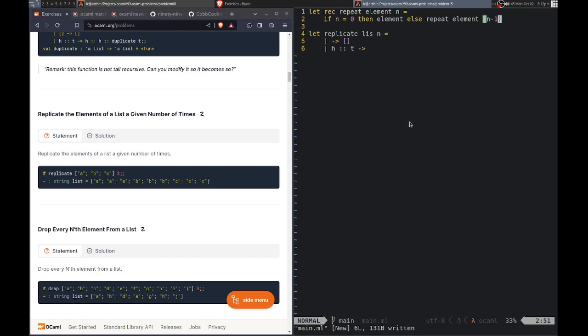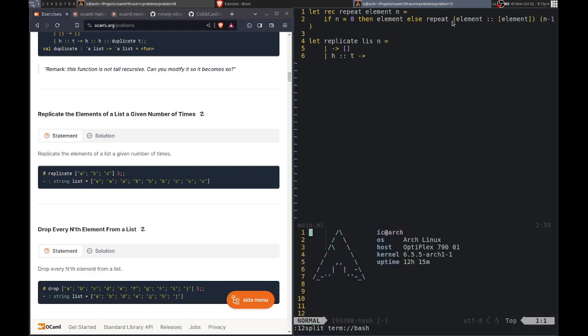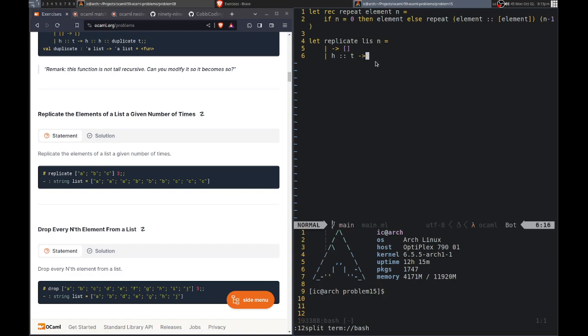It's not quite right. Not quite what we want. Yeah, so we want to actually do like element that, something like that. And I think we want to wrap this in parentheses so it knows what we're talking about. So let's try that actually. So this we can just do